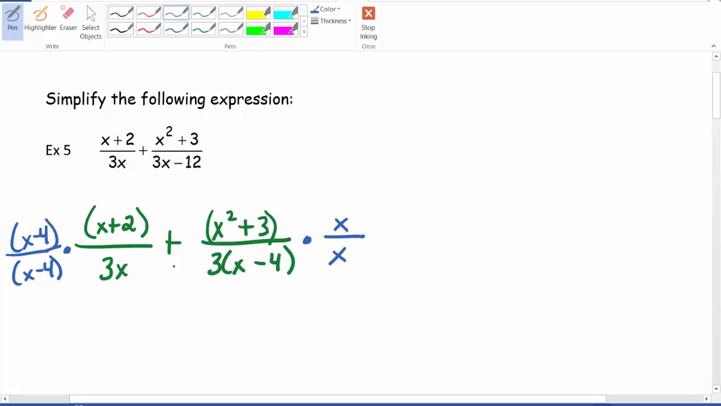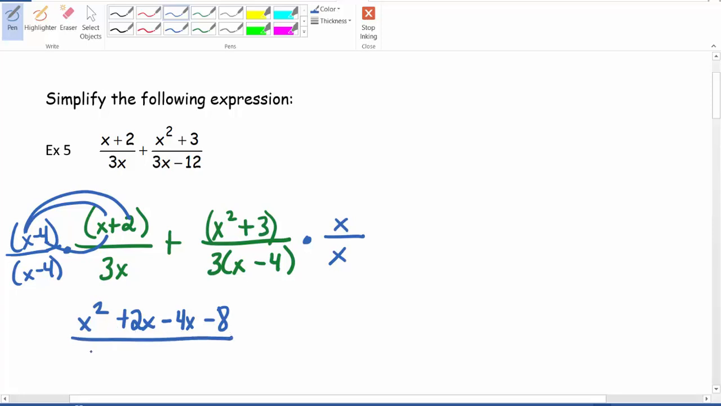Next, what we want to go ahead and do is distribute these items. So we have x times x gives us x squared. x times 2 gives us 2x. This negative 4 times x gives us negative 4x. And then lastly, our negative 4 times positive 2 gives us negative 8. On the bottom, we can go ahead and leave this as 3x times x minus 4